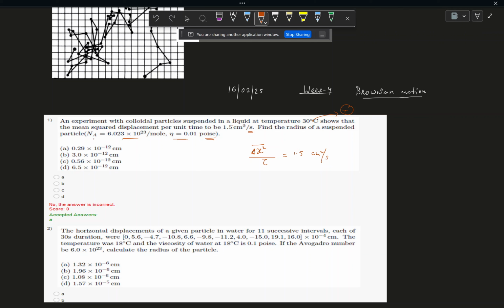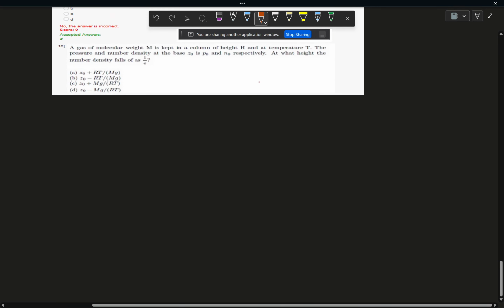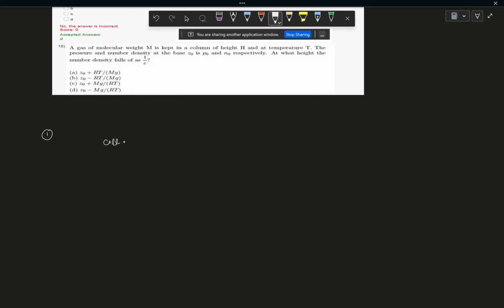Now, the Avogadro number is mentioned, and the liquid viscosity is mentioned. So you have to calculate the radius r of the suspended particle. Let me choose a blank page again and start to solve this. In this problem we have colloidal particles suspended in a liquid, so the system you need to deal with is colloidal particles